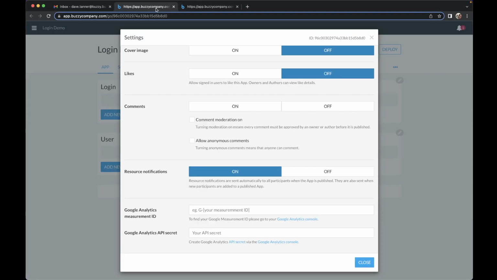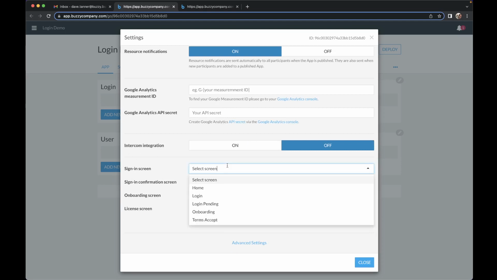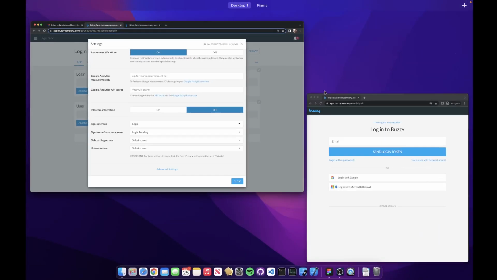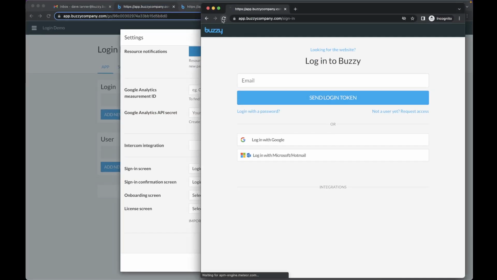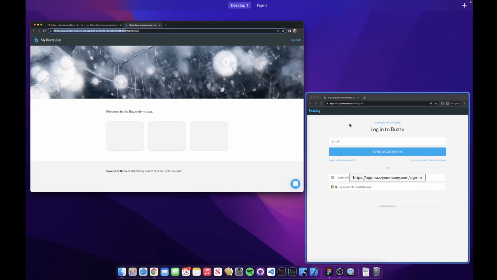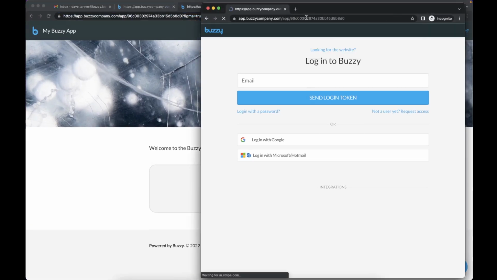When we go back to our app settings here, down in this section down here, we can define our login screen, sign in screen. There it is. If we make that login, and while we're at it, we'll set the confirmation screen as well, which is that pending screen. And now, if I jump back to this, actually I need to just hit that URL again, because the URL's actually gone back to the Buzzy sign-in screen. So if we'll try and hit that app again now,